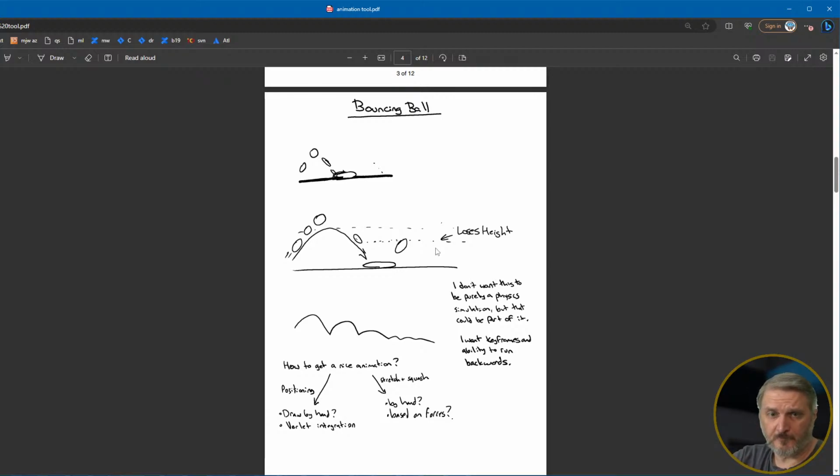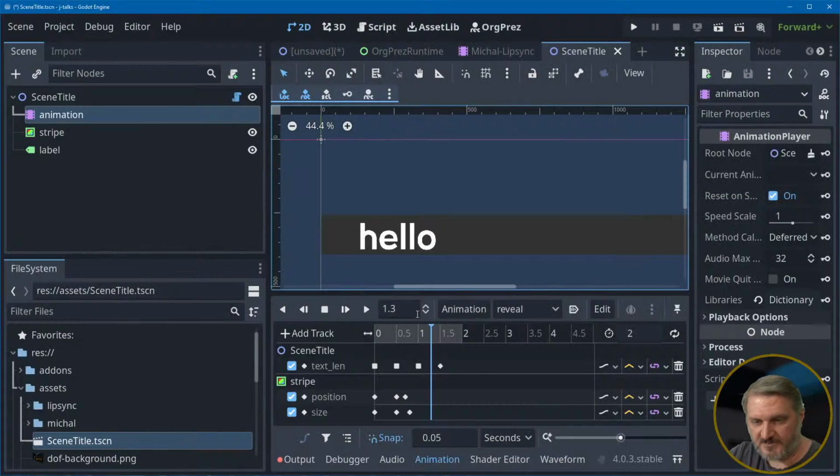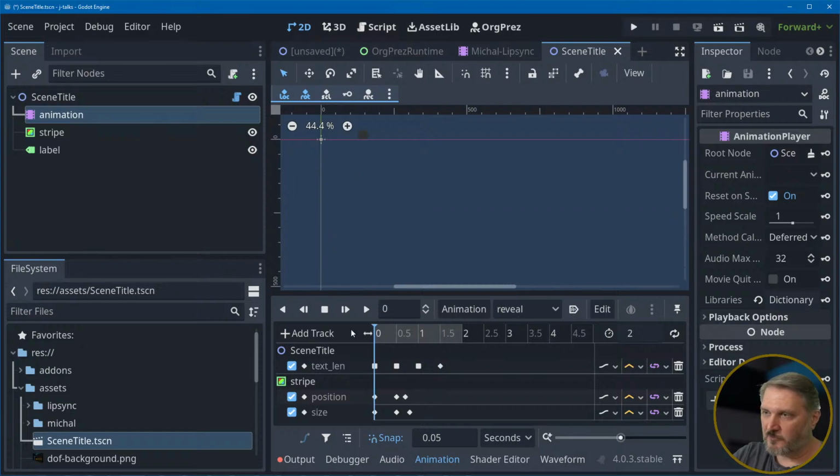I don't know. We'll see. But so that's animation number 2, which is also very complex. And then I have a third animation, which is probably not complex. This is actually the first animation I ever did in Godot. And I had actually done it in Blender as well, so it's kind of like the hello world of examples